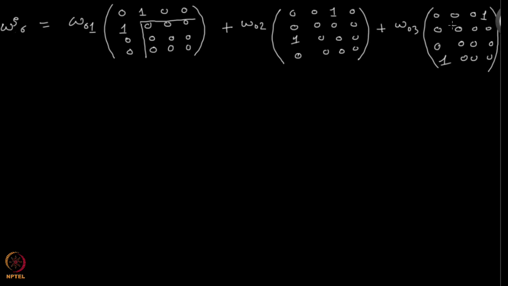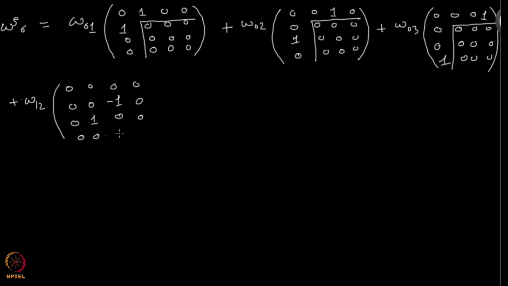See, again this part is completely 0. All the entries in here are 0, plus then you have omega 1 2: 4 0 0 minus 1 0, 0. This should be plus 1. I hope you are also doing it with me, so that we never have to spend time on this again.